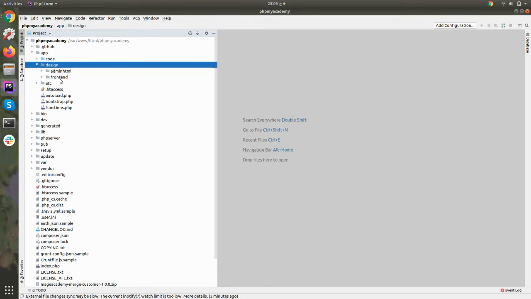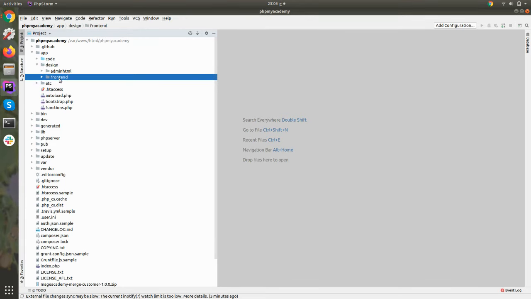If you are creating a theme for front end stores, you have to add your design files in the frontend folder. If you are creating admin themes, you have to use this adminhtml folder. Here you can create your own namespace, module name, theme name, and use this.